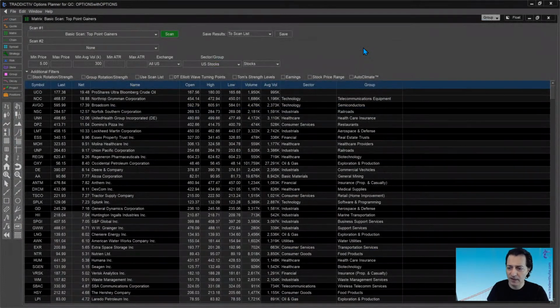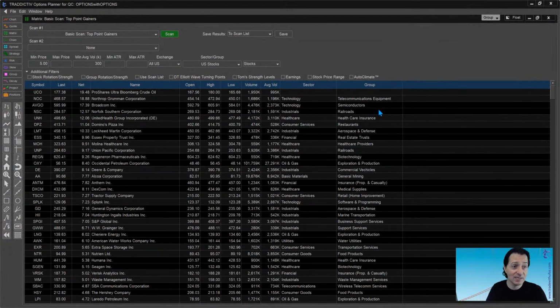Okay, so if I zoom in, it's kind of like a tool that looks a little bit like, let's call it a spreadsheet if you wish, where on the top there are some drop-down menus. And what is all of that for? Well, basically the matrix is a scanning tool. It's a tool that allows us to scan the markets, screen for very specific market conditions and basically return a list of symbols,